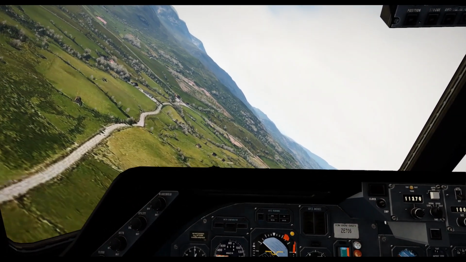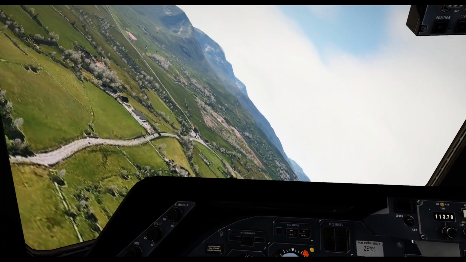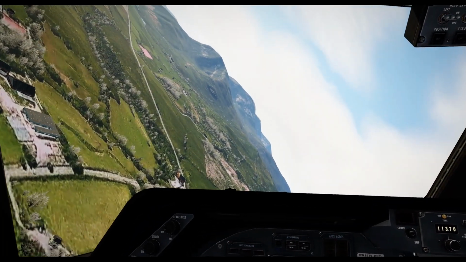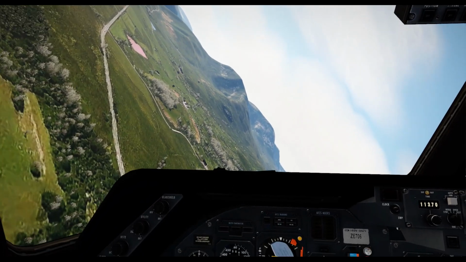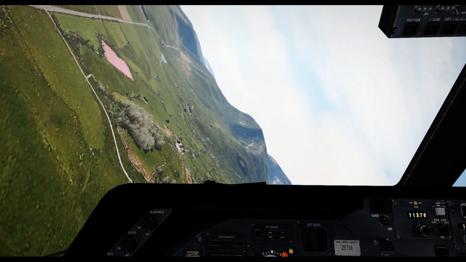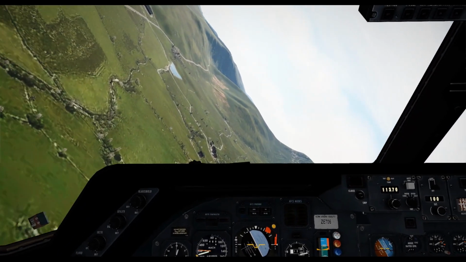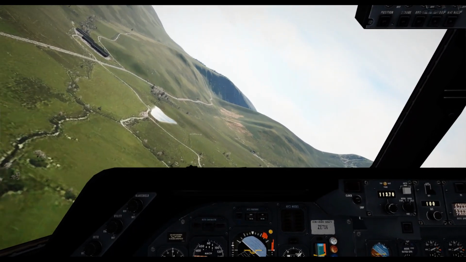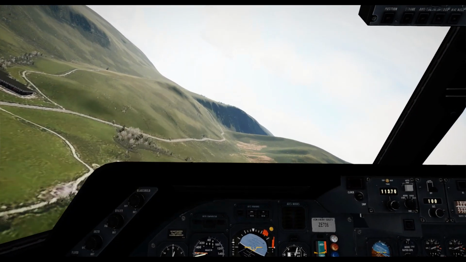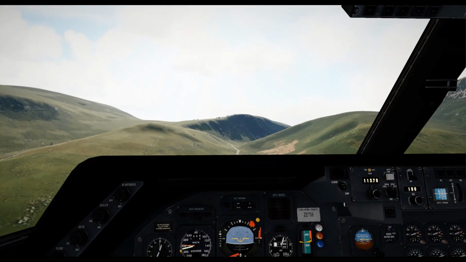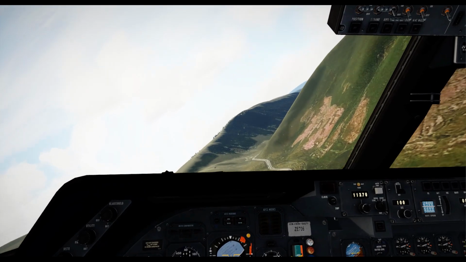So coming up on the Cross Foxes Inn. Again, trying to avoid pulling too much G. As we come around the corner, we're going to have to use a little bit of rudder here as well, just to coax the aircraft through the turn. And speed back around 315 knots, so we'll come up again on the throttles. And as soon as we get the aircraft straightened up here, we're going to again bank out to the right,